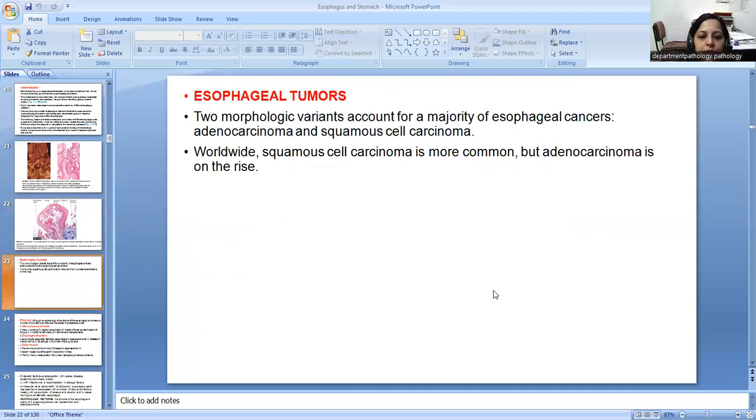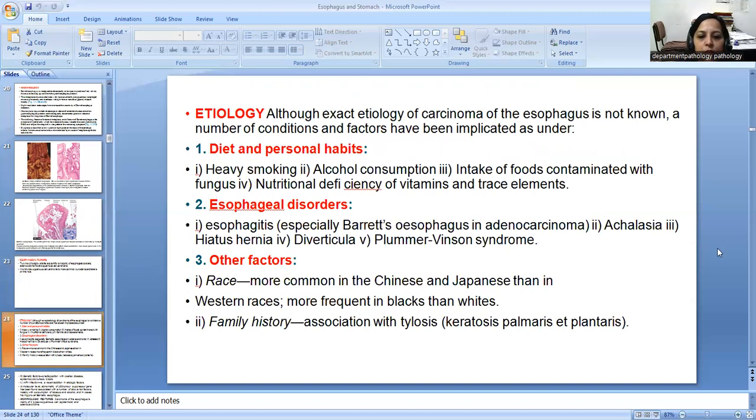Now the esophageal tumors. Two morphologic variants account for a majority of esophageal cancers, adenocarcinoma and squamous cell carcinoma. Worldwide, squamous cell carcinoma is more common, but adenocarcinoma is again on the rise. So, etiology: although the exact etiology of carcinoma of the esophagus is not known, a number of conditions and factors have been implicated. First of all, it is about diet and personal habits, which include heavy smoking, alcohol consumption, intake of foods contaminated with fungus, nutritional deficiency of vitamins and trace elements, and esophageal disorders such as esophagitis, achalasia, hiatus hernia, diverticula,